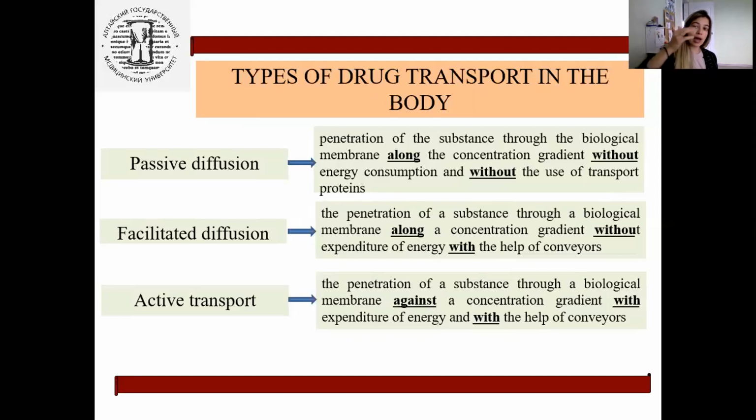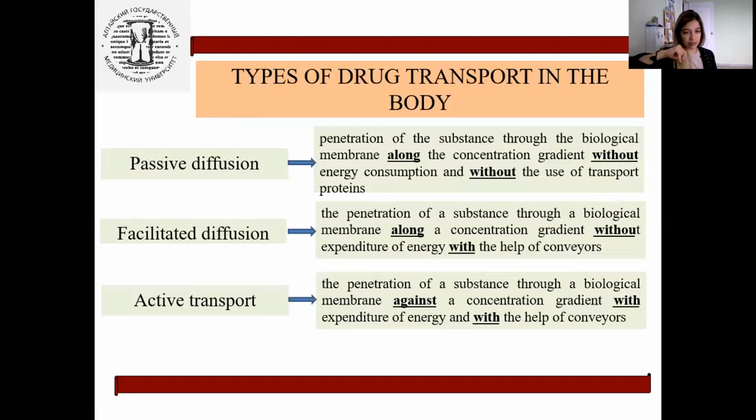I have a membrane, I have my drug outside and less drug inside. So the drug directly goes through the membrane. It can be achieved only if the drug is lipophilic, I already told you, because the membrane is made of lipids. Then facilitated diffusion. It is the penetration of a substance through the biological membrane along the concentration gradient without energy, but with the help of special carriers, special proteins which can take the drug outside and bring